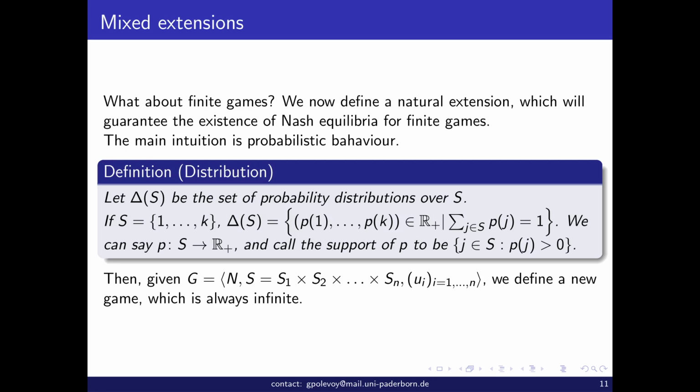distribution. And first of all, let's say that we define by capital delta S the set of all the probability distributions over S, over a given set. S can be finite or not. But if S is finite, let's denote it 1 to K, just any K elements, then the probability distributions can be defined as a vector in R plus of length K, such that the sum of the elements is 1. So it's basically a set of all the convex combinations